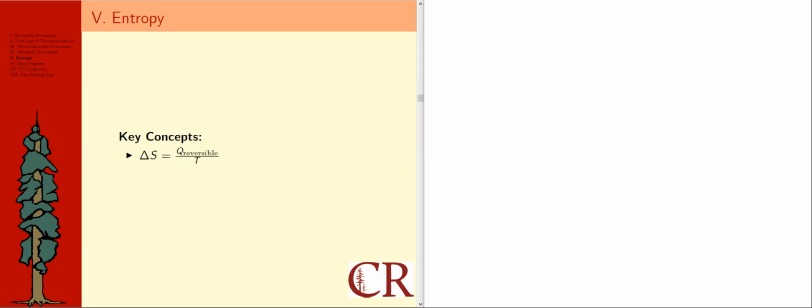The formula for the entropy change in a process is: change in entropy is equal to heat divided by temperature. It turns out that entropy, which is symbolized by the letter S, and therefore delta S is the change in entropy, was originally defined to be a conserved quantity for reversible thermodynamic processes. And that's the reason why in the key concepts slide, the version of this formula there has the reversible subscript